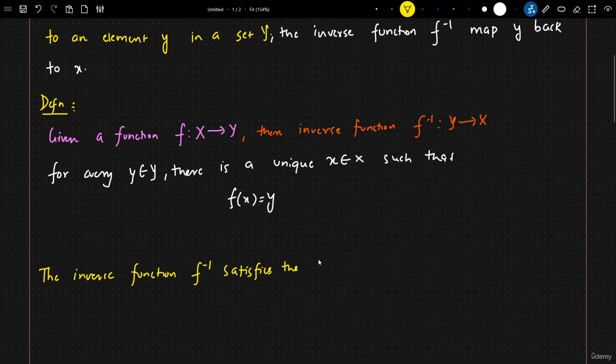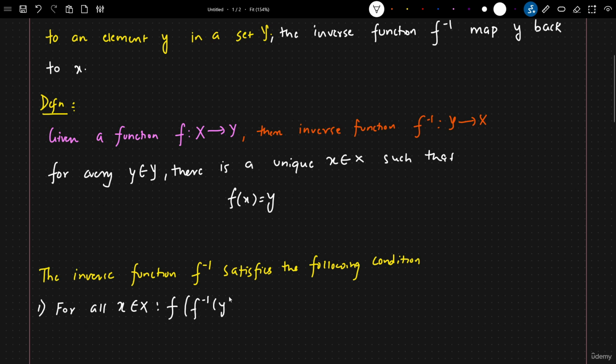The first condition over here is for all x which belongs to the set X,